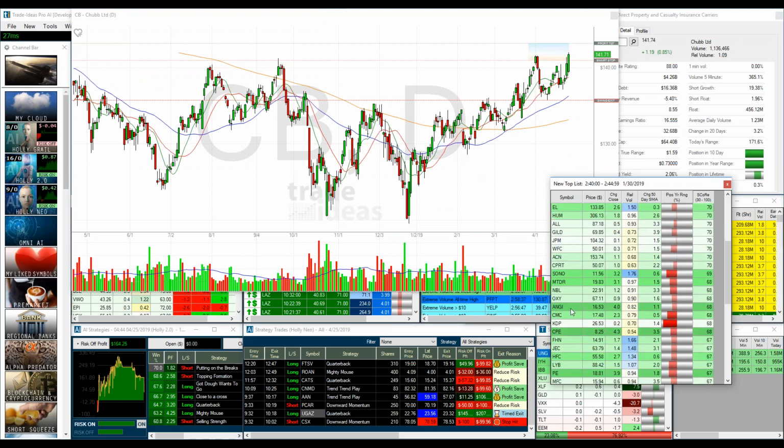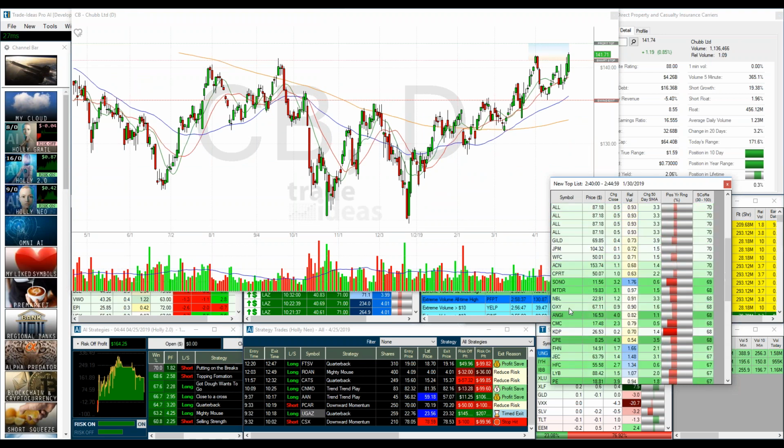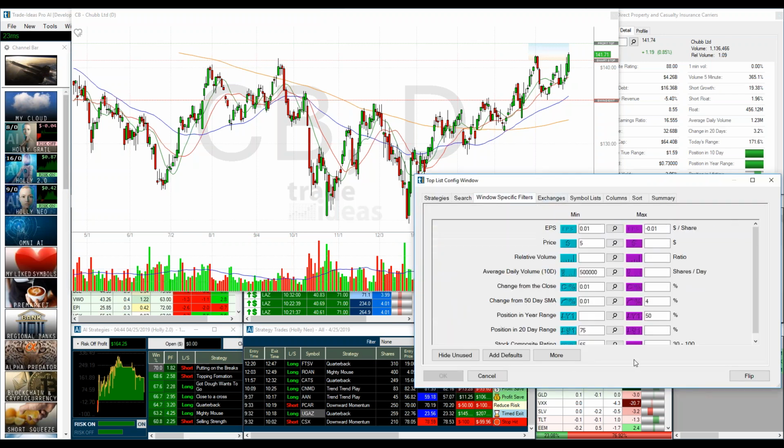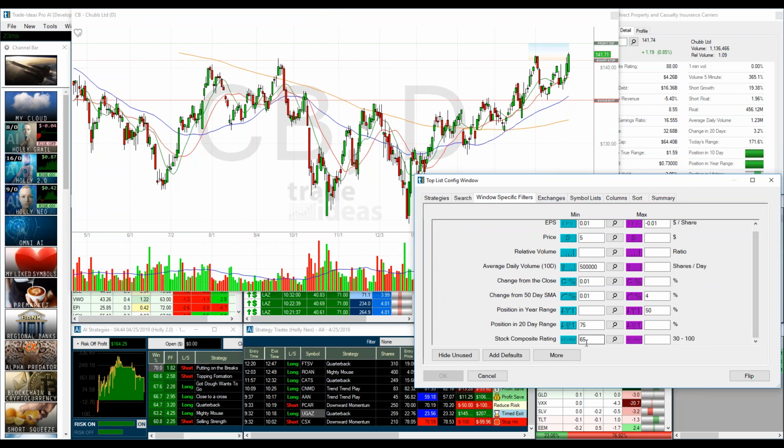But here's the problem. I was looking through this, guys, and I put a score filter in this, a minimum. If I go back into the configuration, I'll show you here. I put a minimum score of 65, because I created this score rating, this composite rating, along with Michael. I kind of have an idea that if a stock is in the lower portion of its 50-year range, and maybe below the 200 moving average, it's going to take a hit.